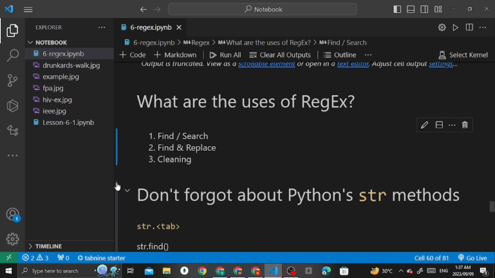It enables the identification and substitution of specific patterns or text with desired alternatives, streamlining text editing tasks. Then we have cleaning. Regex is really handy for data pre-processing, where it helps to remove or reformat unwanted text or characters, like we did before, enhancing data quality and consistency for our model to understand.